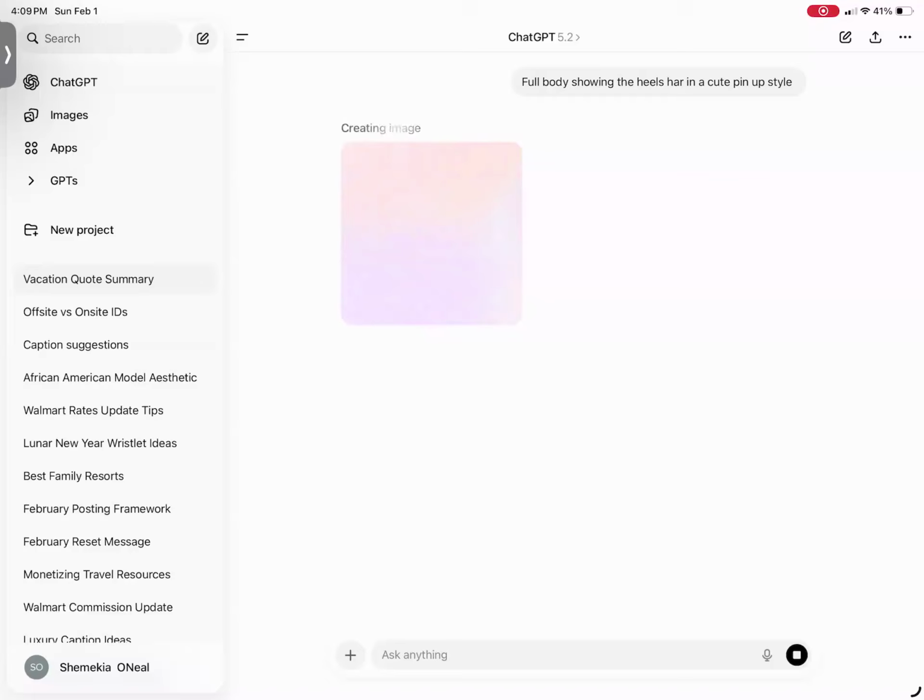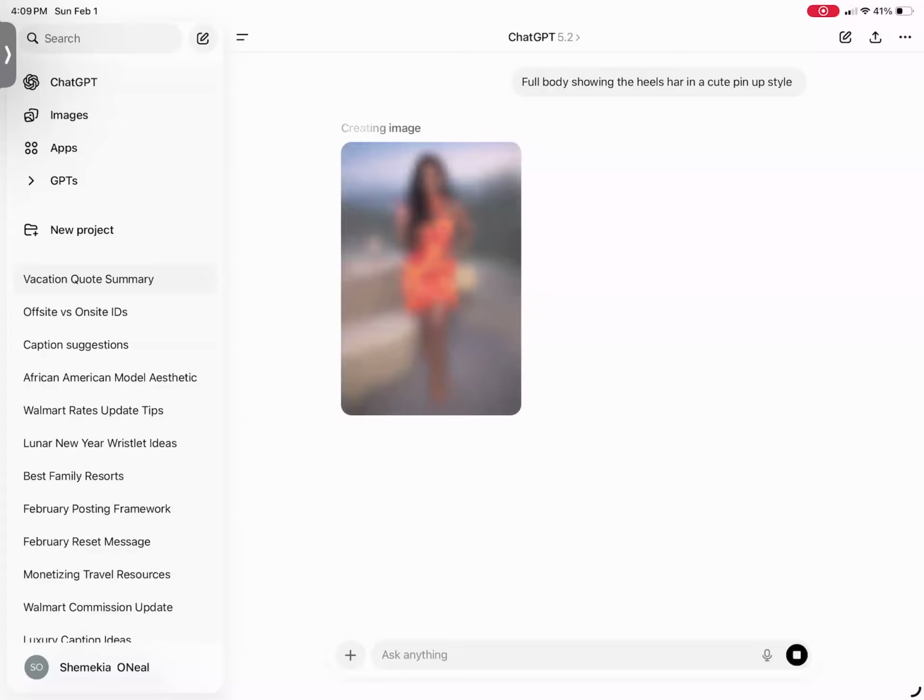Just whatever you want it to do or imagine if it can do it, just put it in there. And if it can't do it, it'll tell you. But some stuff it may say it can't do because of community guidelines, or if it's something that could be copyright infringement or something, it may not do it. But normally if it is something that it's not able to do, then